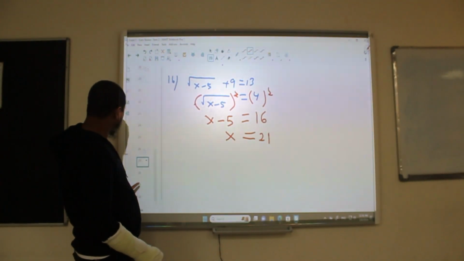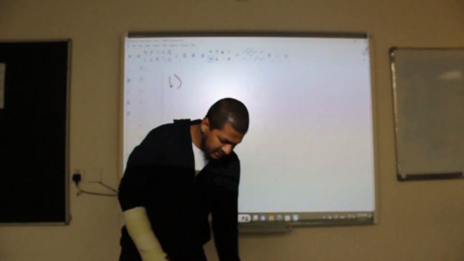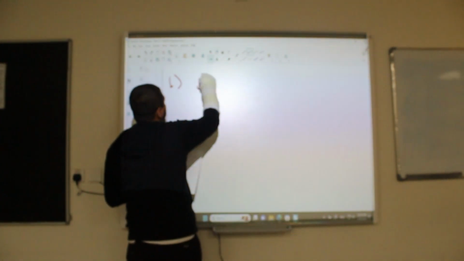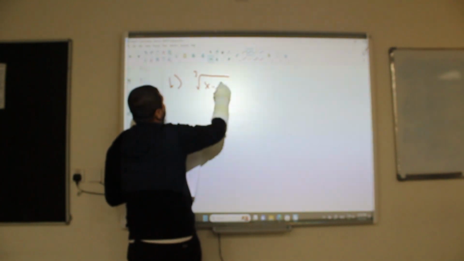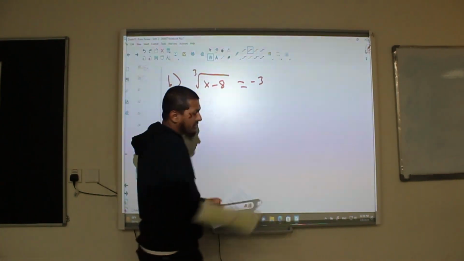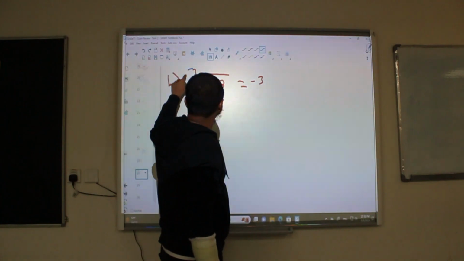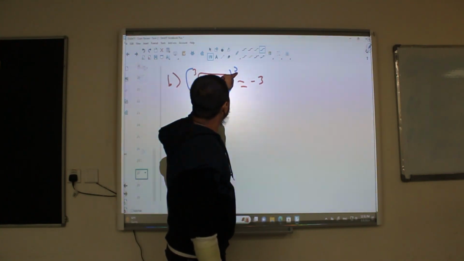Looking at part B, question, right? Part B is cube root. Cube root of x minus 8 is equal to -3. Very simple to solve this equation. Because we have a cube root, we will cube both sides, right? So to the power 3,